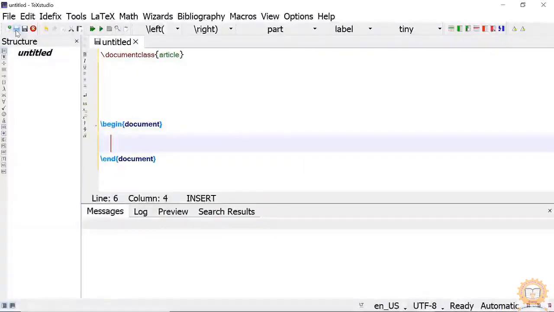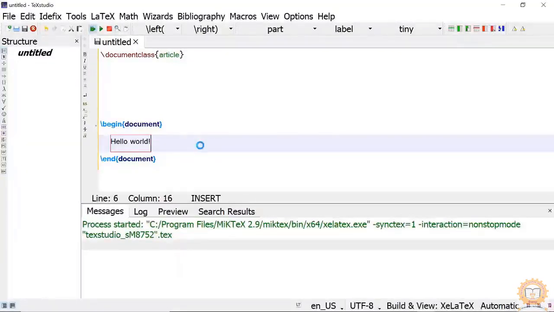And in between this type something like hello world. I am using this because this is the standard for any language to test our skills for the first time. Then click on these two green arrows. It will show build and view. So it will compile the document like this. It will look